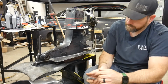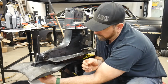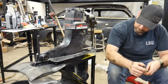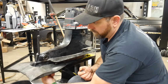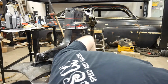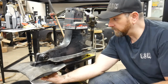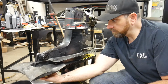So once you get all those off, then up underneath the anode is another bolt, and I think it's 9/16. This one's a socket as well. Okay, I'm gonna go grab my... Okay, so I happen to have a 3/8 socket for my ratchet. So that's what I will go ahead and use, but if you don't...